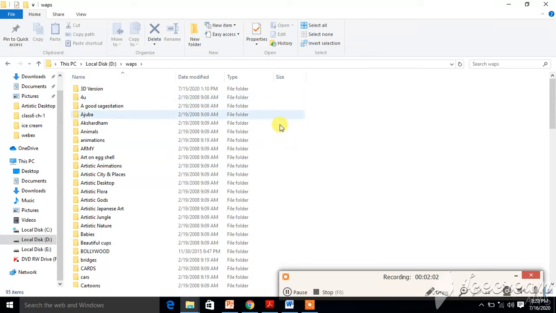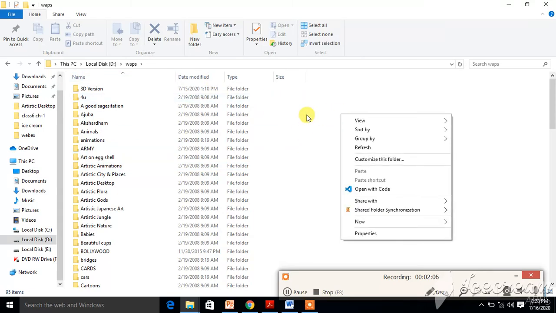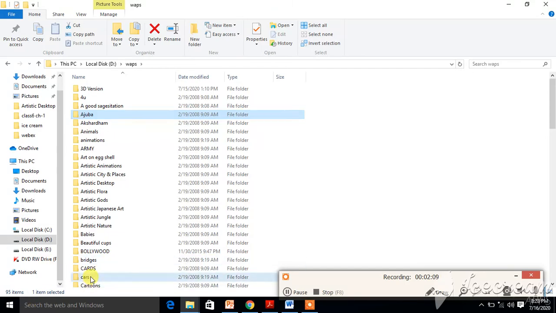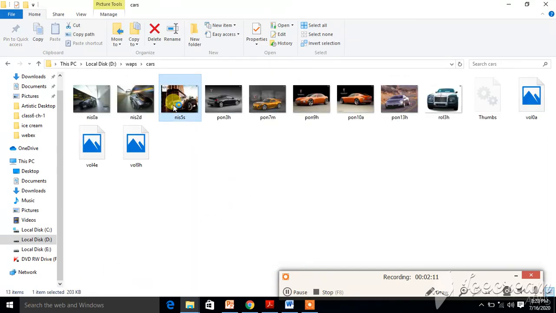Everything is present in the form of graphics. Like if you want to create a new file or a new folder, just right click on this. We can have options. We can view different images. So everything is present in the form of graphics. As you can see, this is called graphical user interface.